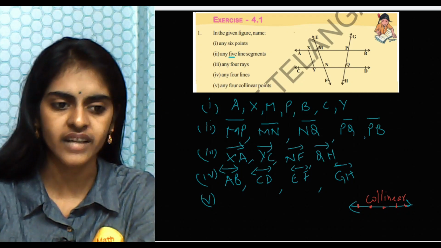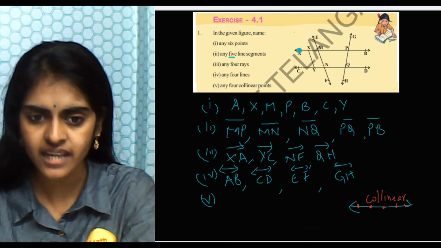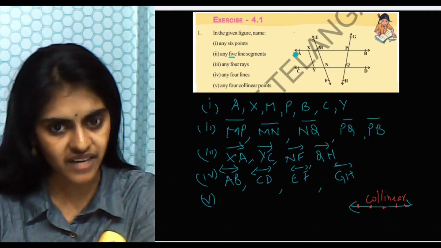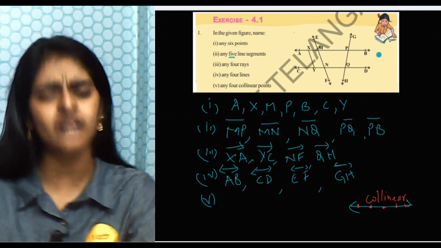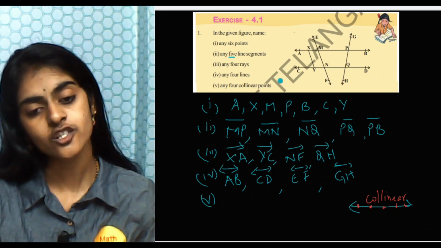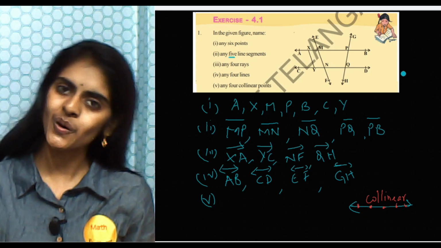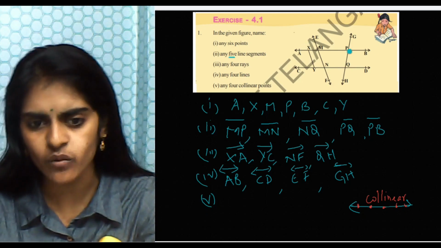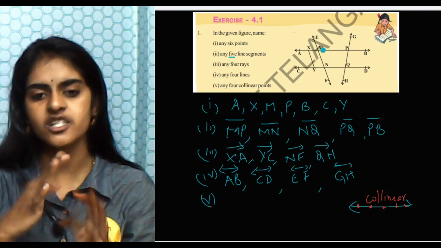Yes, so can you identify any collinear points here? Now see, AB is a line we have identified. So all these points on AB are what? Simple, they are collinear. Now see, CD is a line. So all these points on CD are also collinear. Okay, so let us take any one line and write all the points which are on the line.